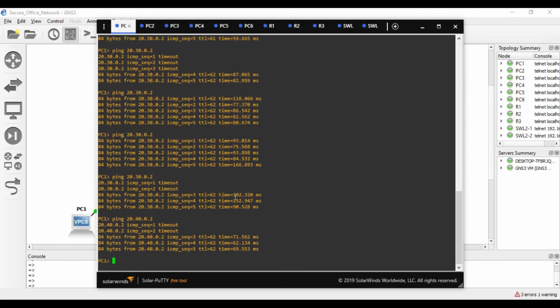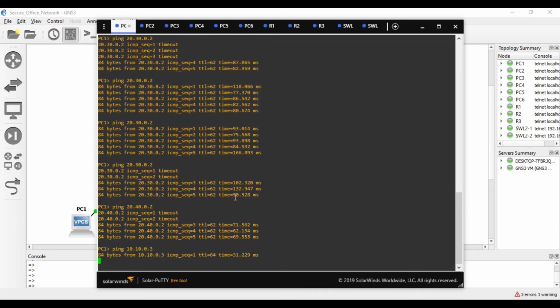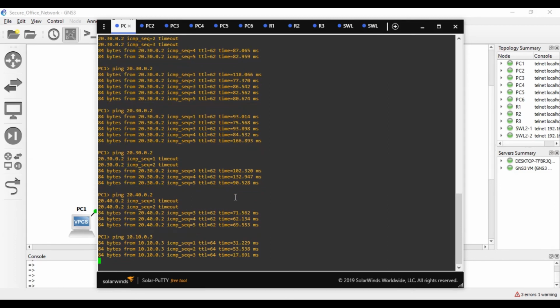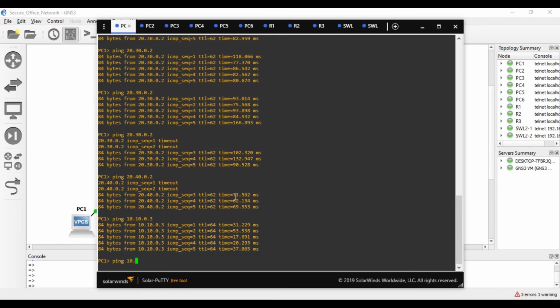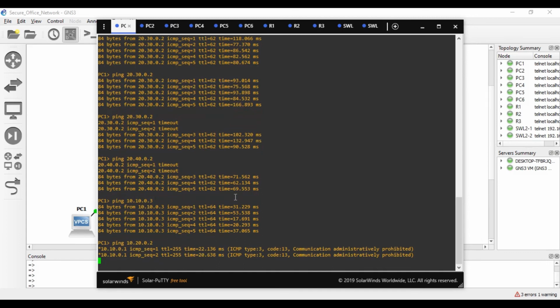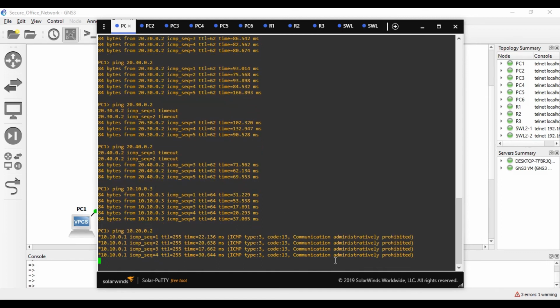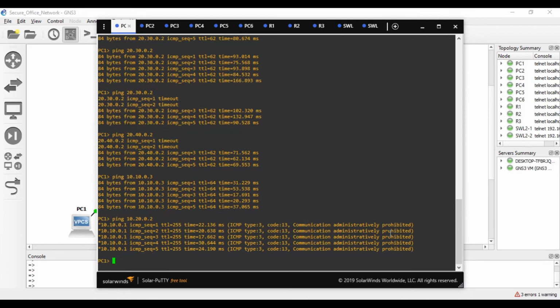Secondly, we see whether we can access our own development machines. Very good, we can do it. And let's see whether we can reach our own marketing machine. Voila, the access list has been implemented. Communication administratively prohibited, because now the development machines cannot access marketing machines, or any other way. Marketing machine also is